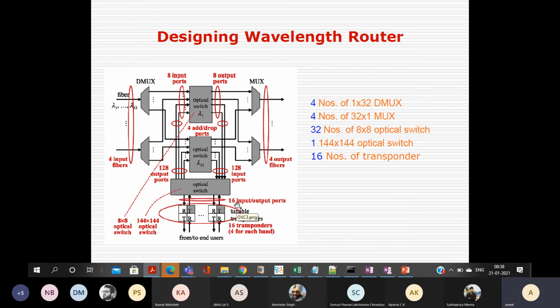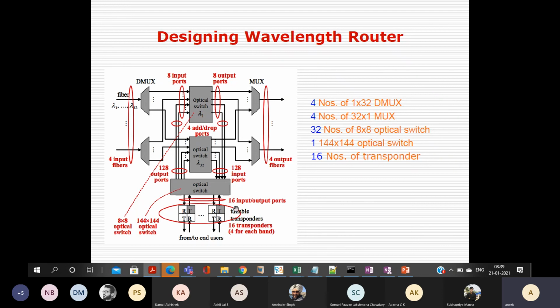So that means simultaneously you can generate only 16 wavelengths. Although each fiber carries 32 wavelengths, you can generate only 16 wavelengths. But since your transponders are reconfigurable, you can change color.